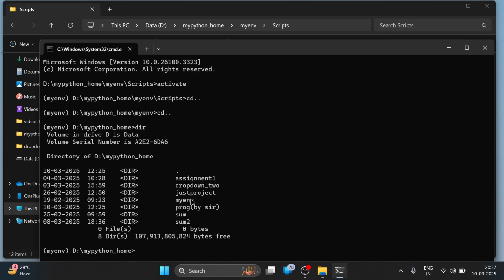Here is my sum project folder. Inside this we have done the project which is sum of two numbers in Django. So we will first get inside that folder, cd sum,